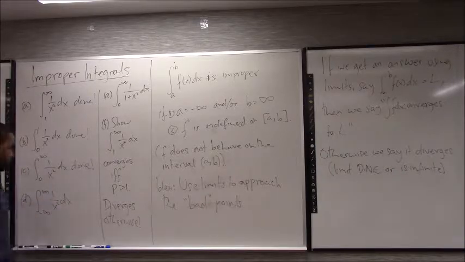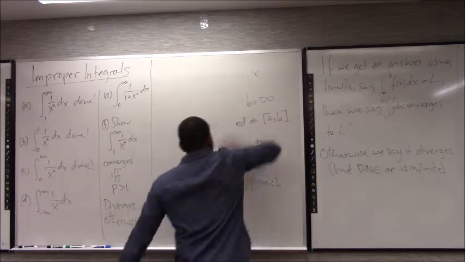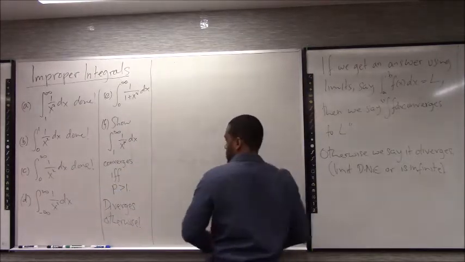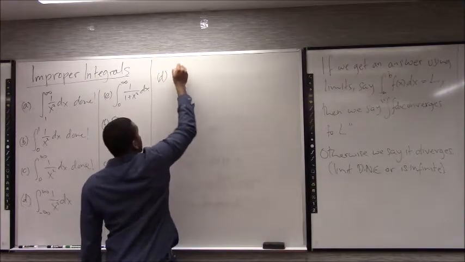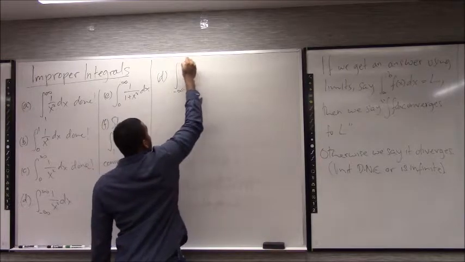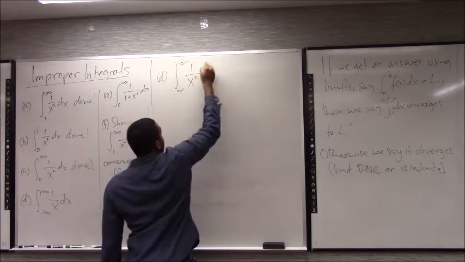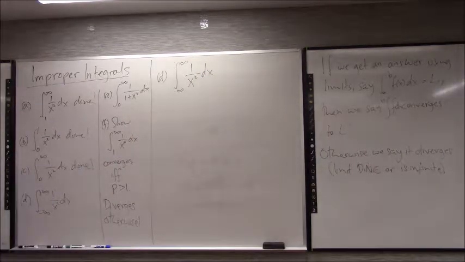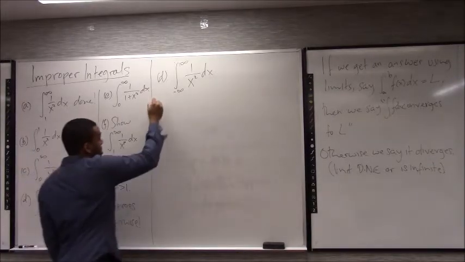Okay. So let's actually pick up where we left off with D. And one other principle that we covered is we really only want to work with one bad point per integral. So if you have something like that, what are the issues here? And so clearly this is improper,